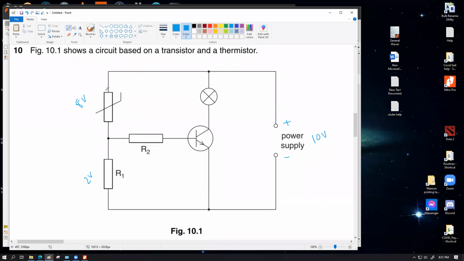which means this one has used up 2 volt, which means currently across these 2 points we have 2 volt remaining, and this lower point basically represents the bottom point of the supply, which means from this junction through this resistor